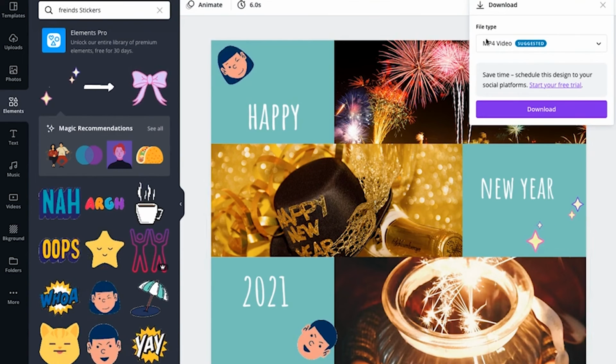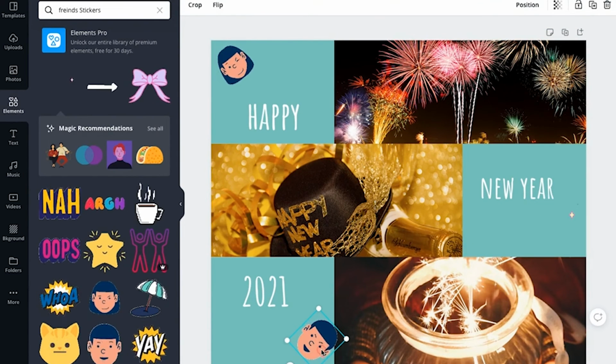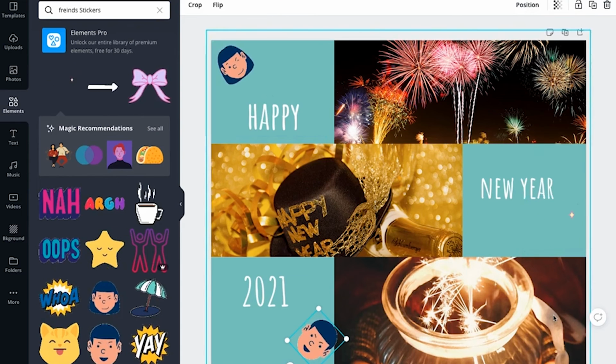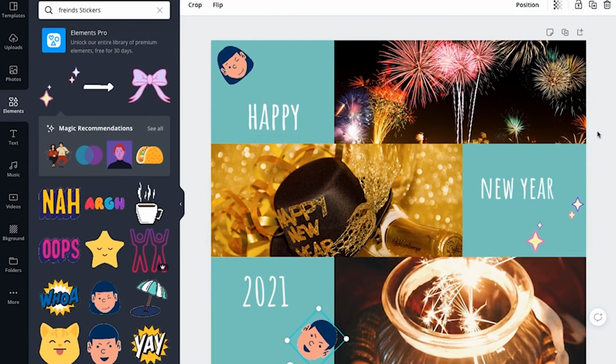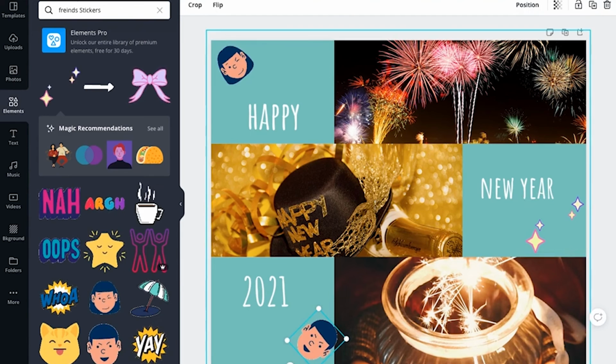That is the suggested format, because these elements, these stickers, are actually moving, they're not static like these ones. If you add elements which are not moving at all, then the format of this poster would be a PNG format. But since these are moving, the stickers here and here, now it has become a video format.